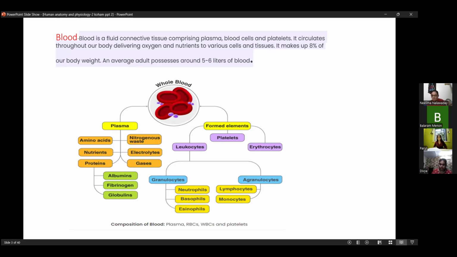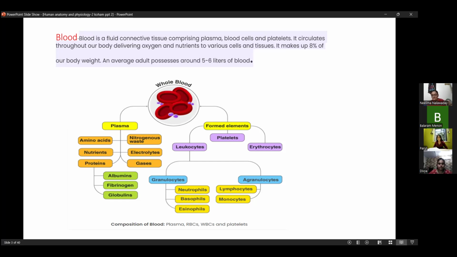Now, leukocytes or white blood cells are again divided into neutrophils, basophils, eosinophils, lymphocytes, monocytes. Whenever you get a blood investigation done, try to read that report. All these terminologies are there. You will see neutrophils, this count, basophils, this count. These are all types of leukocytes, which are our fighting system. Immunity-wise, leukocytes are known as fighter cells. They fight against viruses and bacteria in our body.